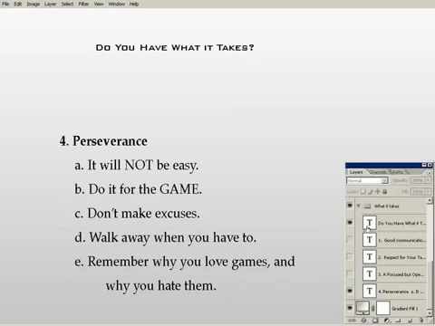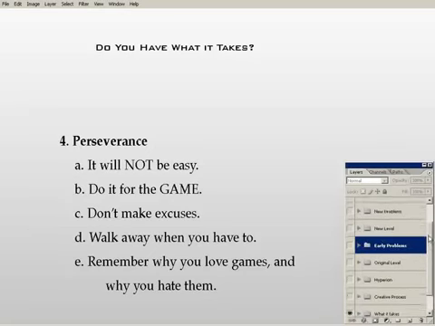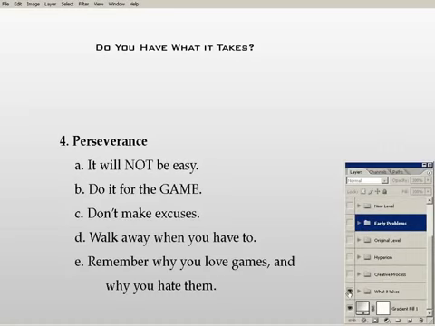All right, so that kind of wraps up the things that I think you need to have in order to be a successful game designer. If you can keep those very simple things in mind, you've already got a pretty easy path ahead of you. Now it's just working on those things, and those will help you to get more creative.